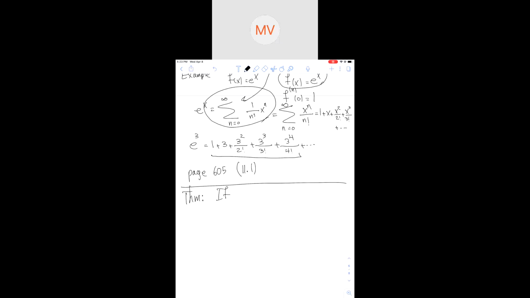If we use a sub n for the coefficients, so the summation a sub n x to the n from 0 to infinity, and the summation b sub n x to the n from 0 to infinity, if these two are power series,